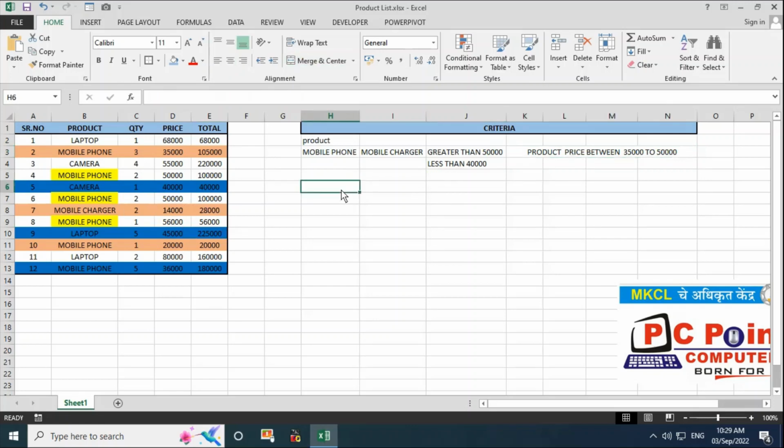And moving to my another criteria, I want a specific product. Like for example, I am taking the laptop. Wherever laptop is present, that price should be greater than 60,000.